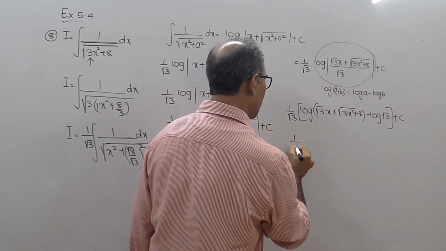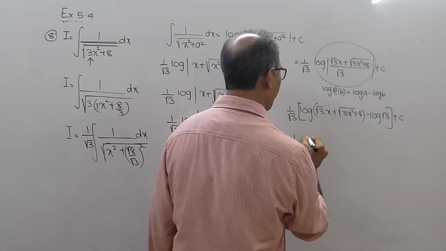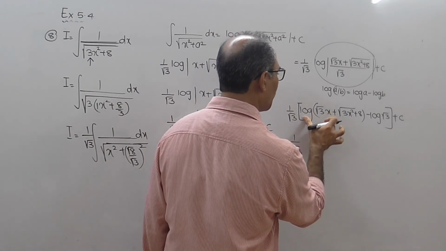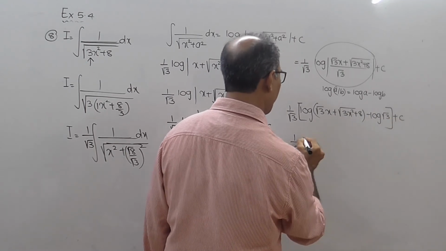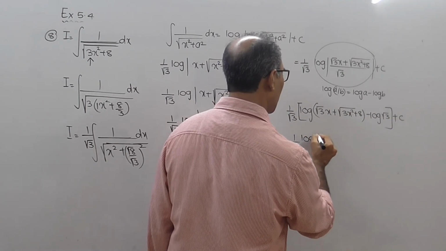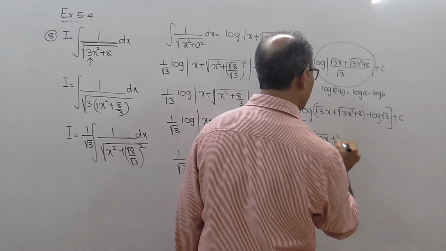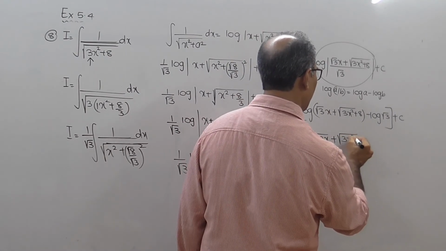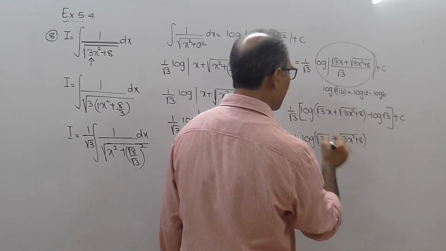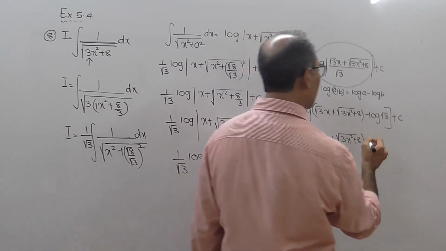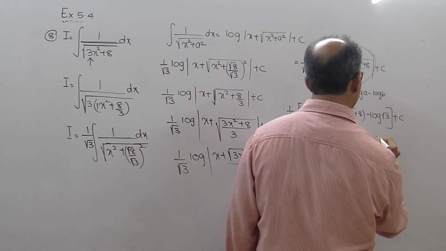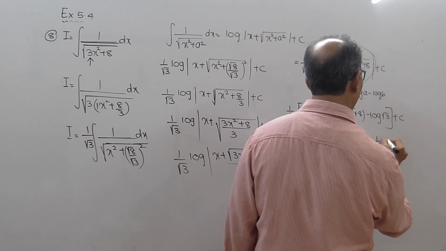So multiply 1 upon √3 with this and with this, and you get 1 upon √3 log, inside the bracket, √3x plus root of 3x square plus 8. 1 upon √3 into minus log √3 is minus 1 upon √3